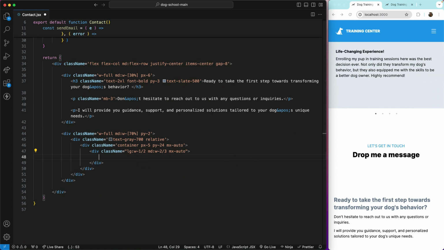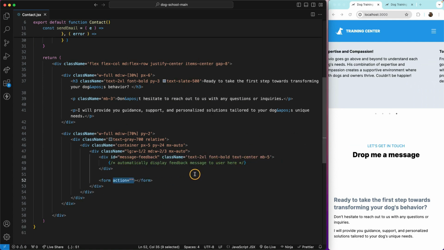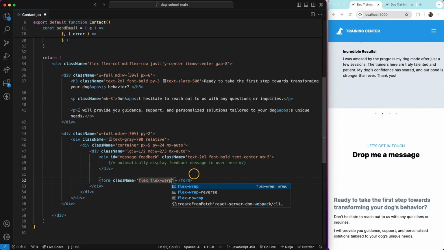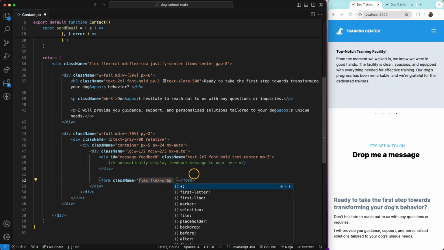So let's do it. In fact, this form doesn't take any action, but we need a class name for styling, of course. So flex wrap, another typo, be aware of the typos,